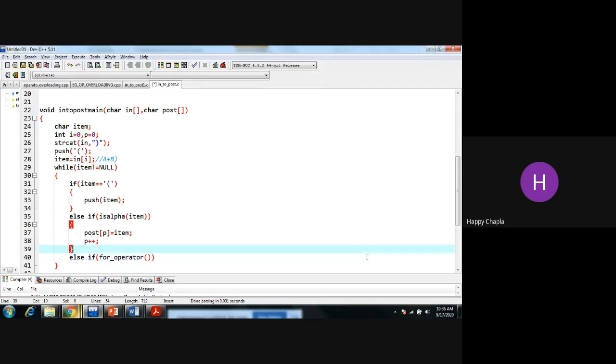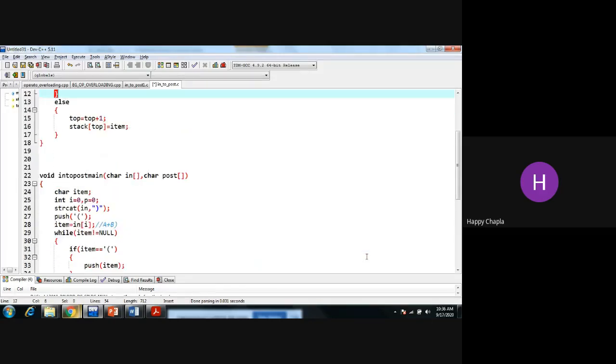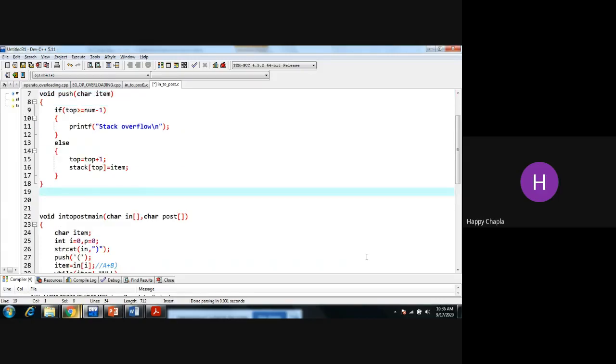I'm creating one function for the operator. I need to check the precedence of the operator.